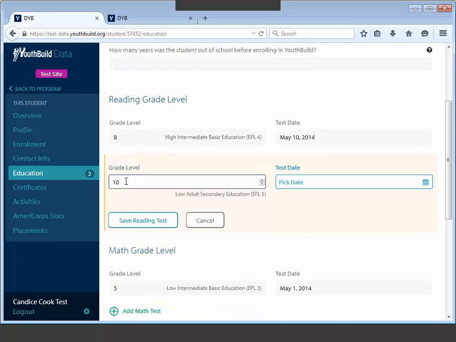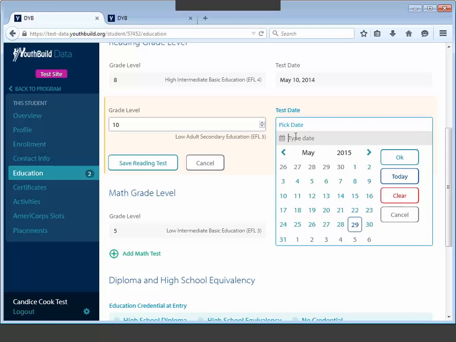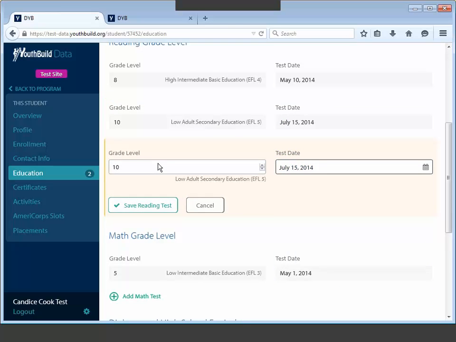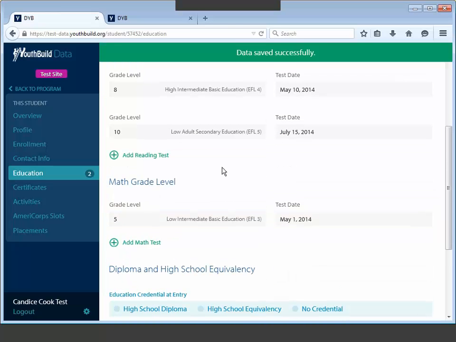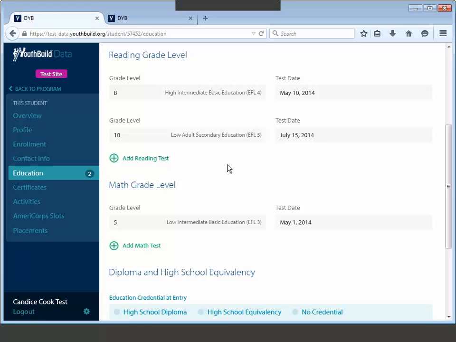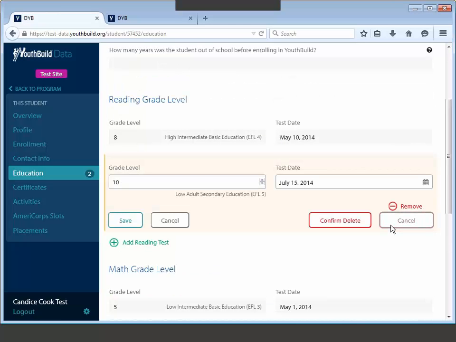Just the way that DYB organizes the basic skills tests. So what it's doing is basically organizing the test by test date. So you don't have to designate pre-test or post-test. DYB kind of does that automatically. And let's say you needed to delete a post-test. That test shouldn't have been entered for this student. Again, hover over it and use that remove button. So, all of the deletion functions or removing functions will be in red and probably down to the lower right